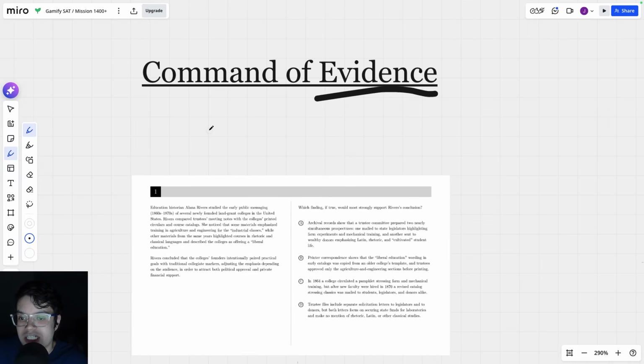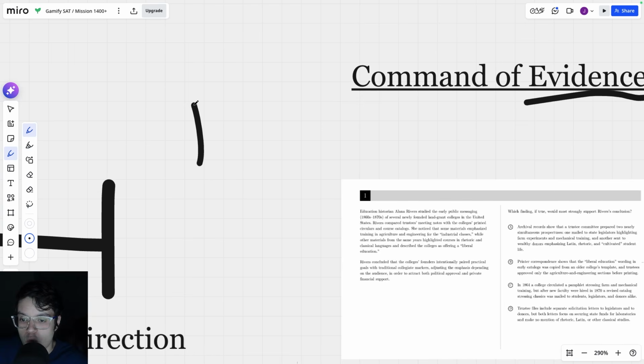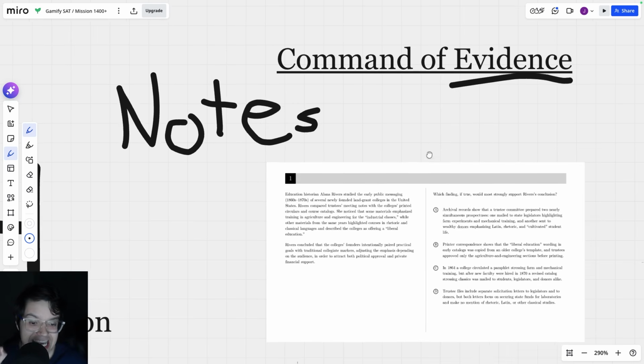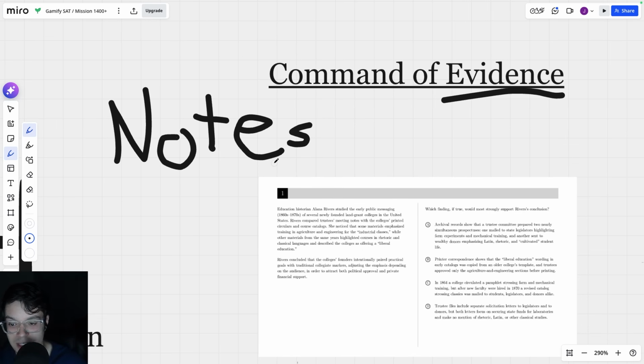And so I wanted to specifically highlight what I talked about earlier, which is note taking. Now, I'm not going to tell you that you should always take notes on command of evidence questions. That's not an absolute requirement. In fact, I really recommend not doing it on every single one because you should probably try to save time on the SAT. But for some of these, it can be useful to take notes